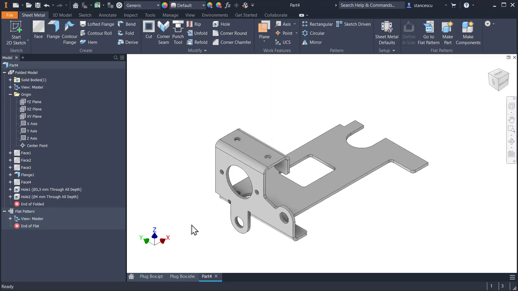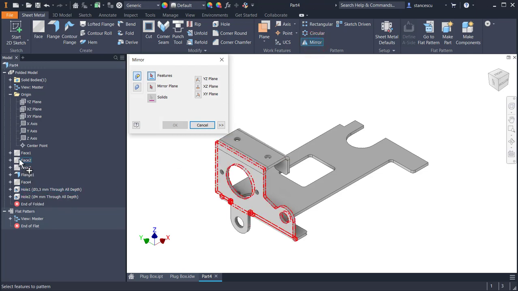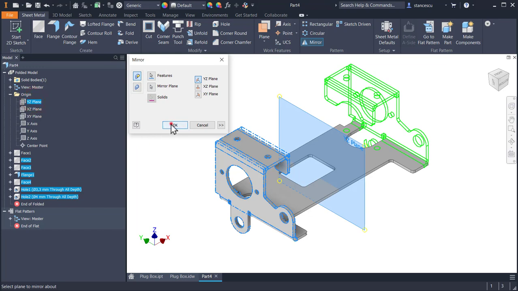now I apply mirror of everything excepting the bottom face, bottom feature, which is a face. I apply mirror, selecting from the second feature, keep pressed shift and select the last feature, then the mirror plane, which is this. Okay,